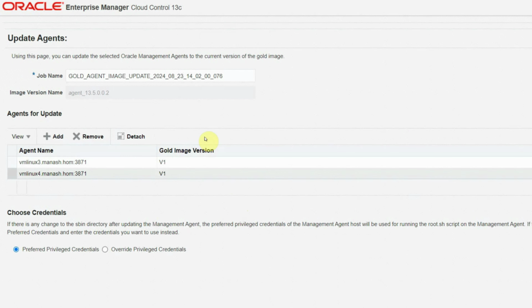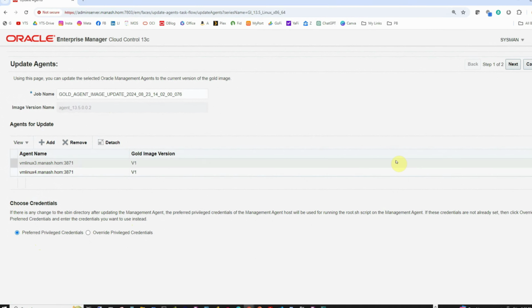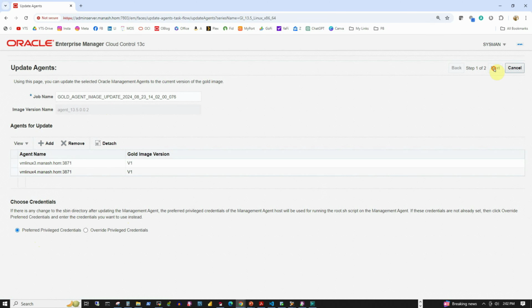And again, it is going to create a job for the activity, and the list of agents it is showing. You can add and remove agents from this list if you want. And for choose credentials, I'm going to use the default selection, that is the preferred privilege credentials. Then press the next button,